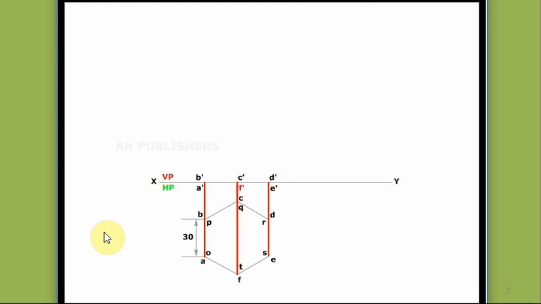Project all the required lines from all the corners upward with a height of 60 mm. This is the prism height. Complete the prism front view.